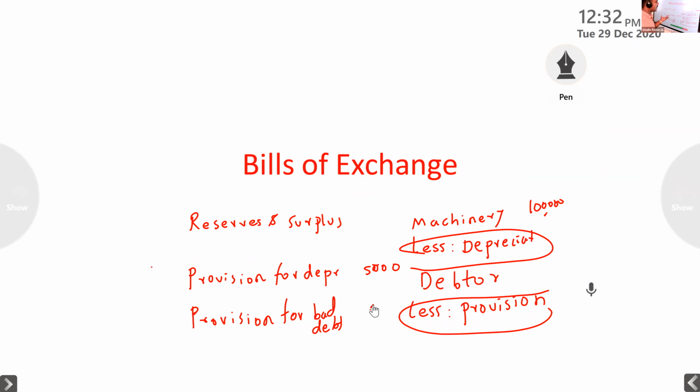Okay, so already we studied bills of exchange under negotiable instruments, laws relating to the Negotiable Instrument Act 1881, in banking. Third chapter we studied, and the fourth chapter, laws relating to bills of exchange, same theory only. So here we have to record the transaction in the books of the drawer, journal entries in the books of the drawer.